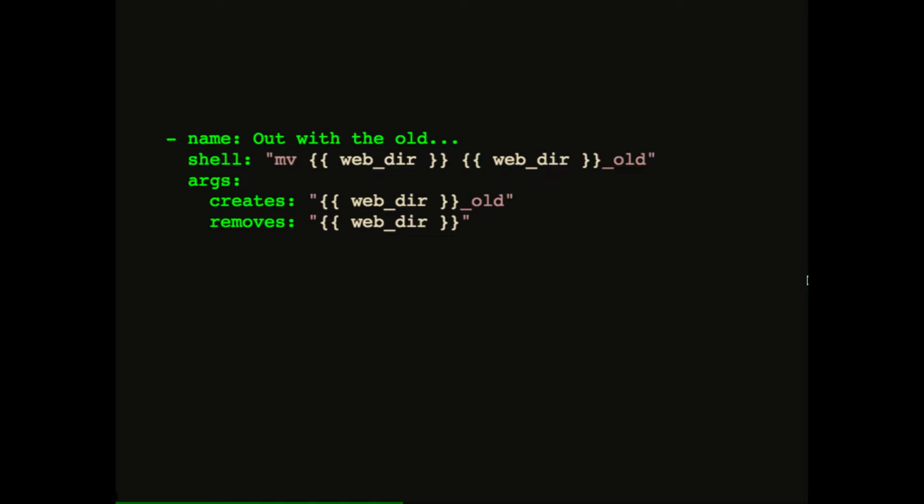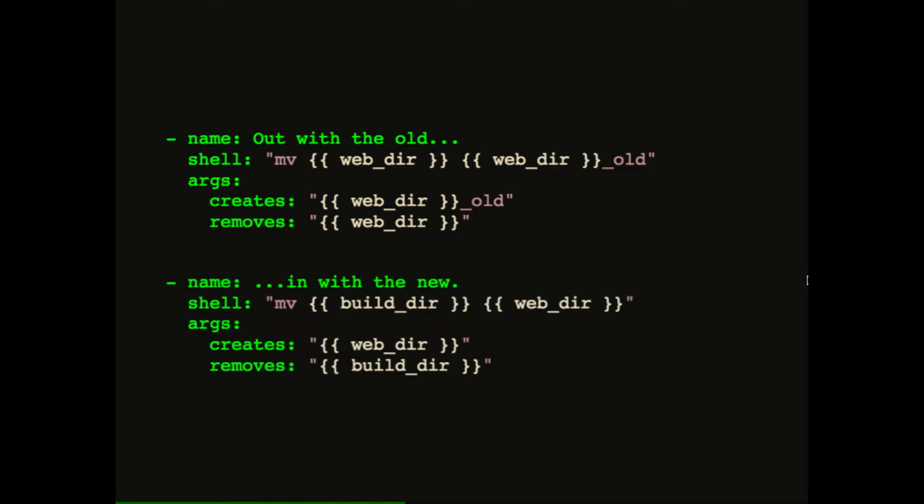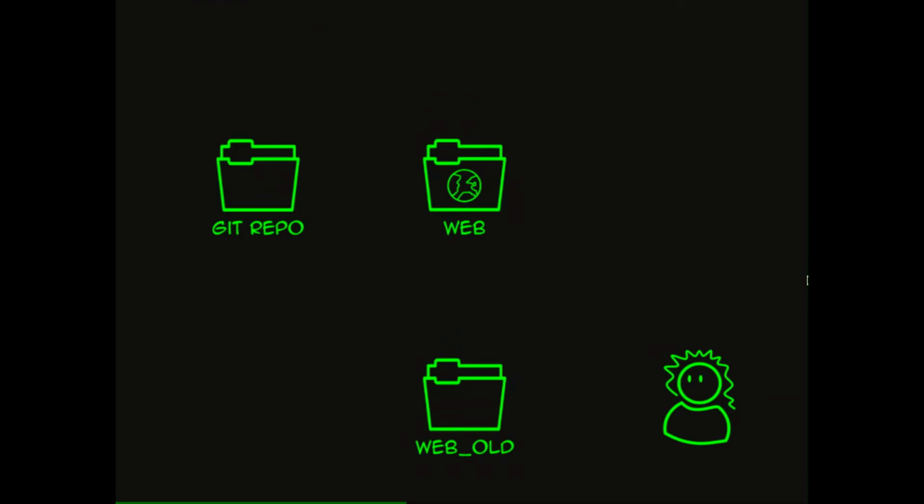Now that we've got rid of the old version of the site, we would do the new version of the site. We rename the build directory to the web directory, and we check our work. Second verse, same as the first. All right, so everything's awesome. We have our site all up. We have Ansible doing our post-pull tasks, and